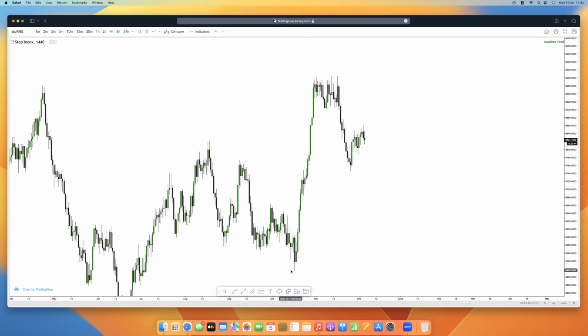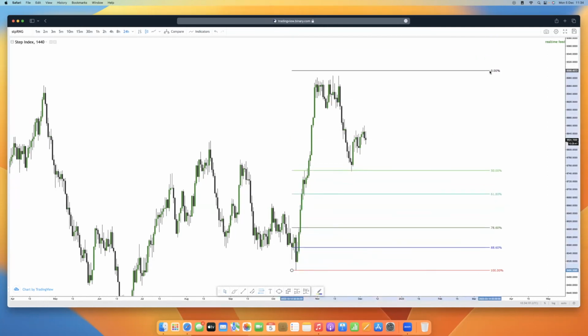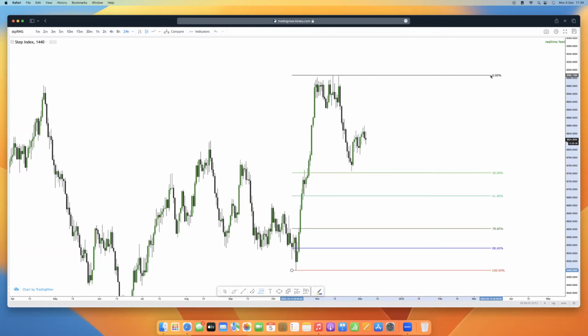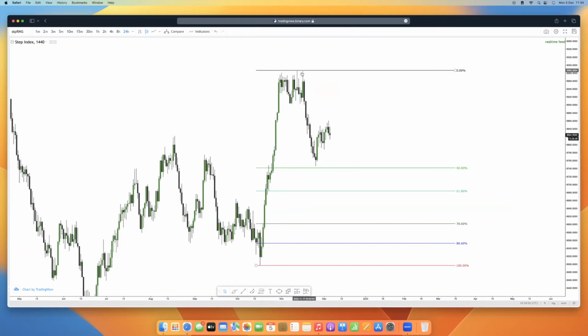Have we gotten to 50% yet? So price is close to 50% of the retracement. It has not gotten to 50%. So I feel we are still going to drop to the downside, right? Although price is bullish, but maybe more lower pricing to the downside. So for that reason, maybe we can anticipate sell opportunities from here. This is trading against the trend. It's going to be risky, but maybe we can have this.